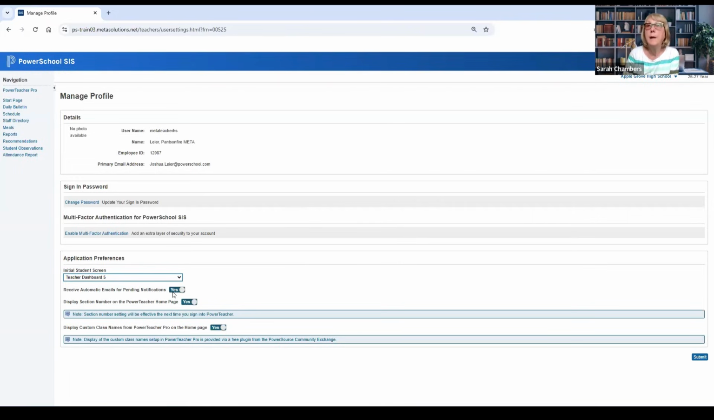If you have it say yes to receive automatic emails from notifications, if the admin side pushes something to you, do you want to get an automatic email? You can say yes. Do you want to display the section number on the PowerTeacher homepage? It puts a column that says section and shows the section number. I'll show it to you. You may or may not want to do that. But I think this one's really important. I would always say yes to the last one, which is